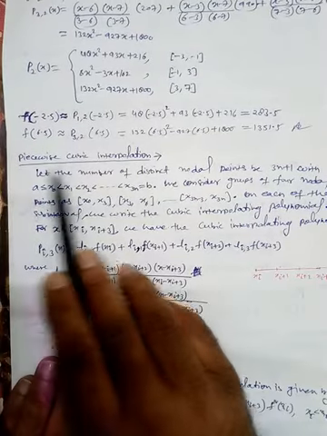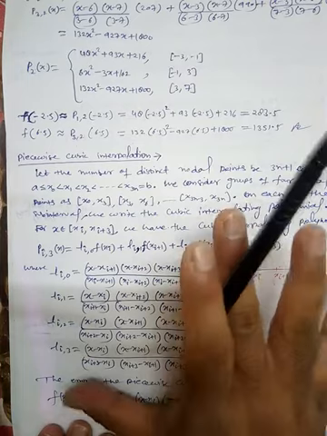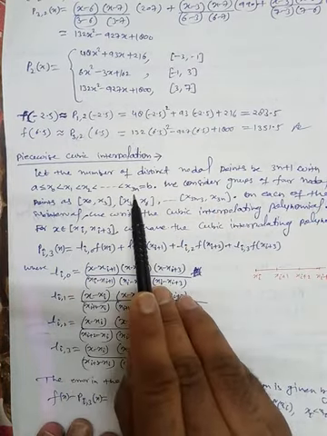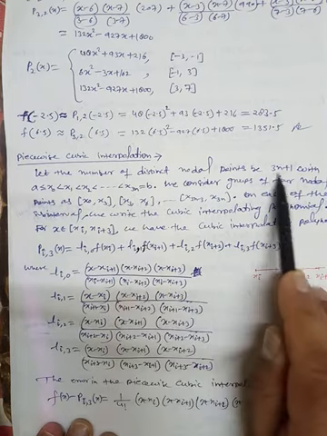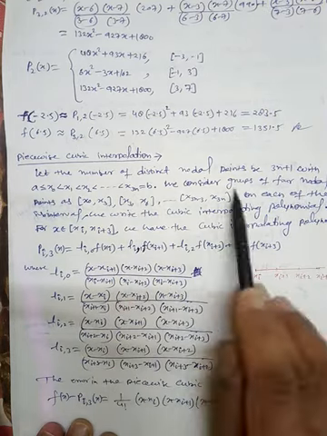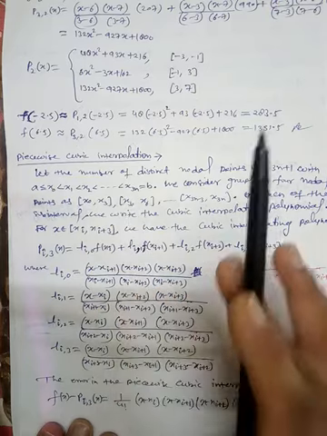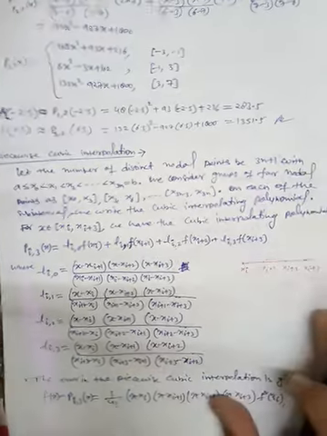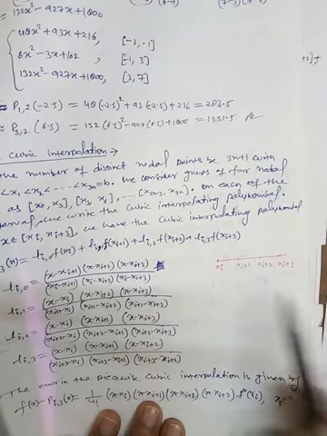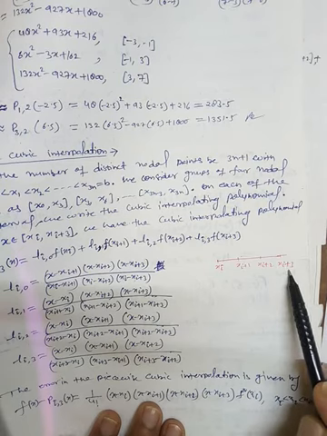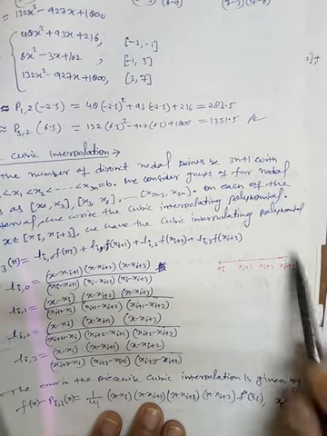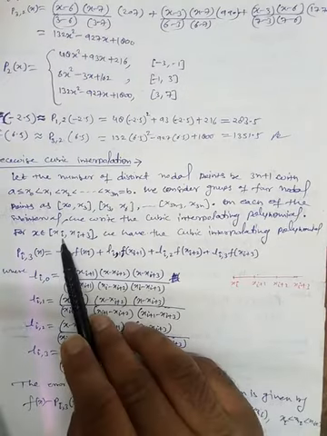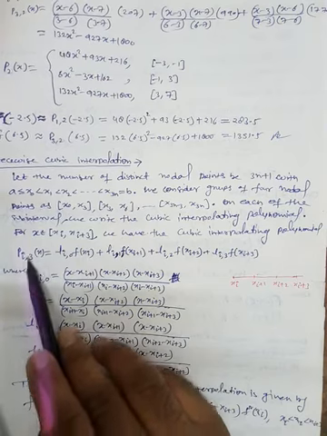Now the third one is piecewise cubic interpolation. Same one, same logic. So suppose the data points are x0, x1, x2, up to x3n. Okay, so we have total 3n plus 1 points. So we can fit basically in this interval n number of cubic interpolating polynomials. Okay, so suppose we are having this interval xi to xi plus 3. So having 4 points, and we can join 4 points by a cubic interpolation. So we are considering this interval xi to xi plus 1. We are fitting a cubic interpolation.